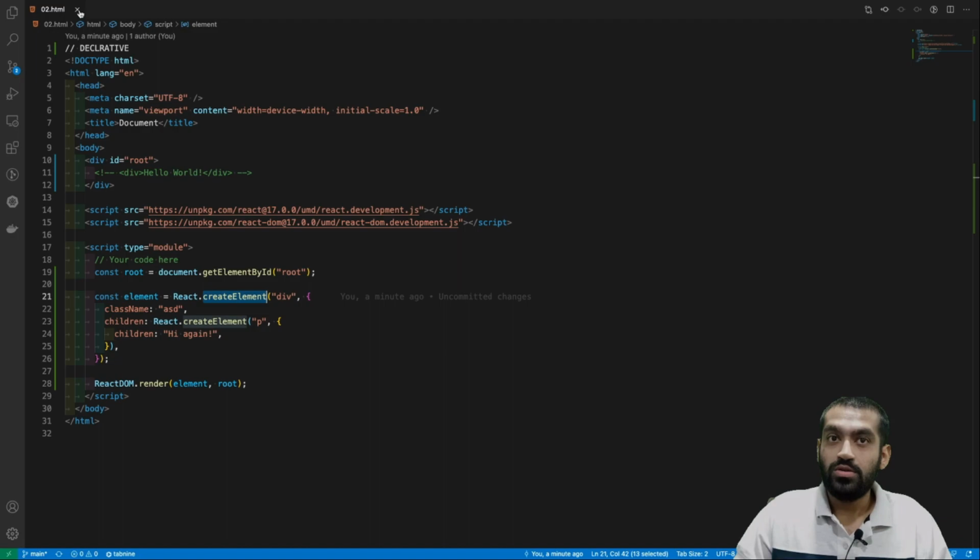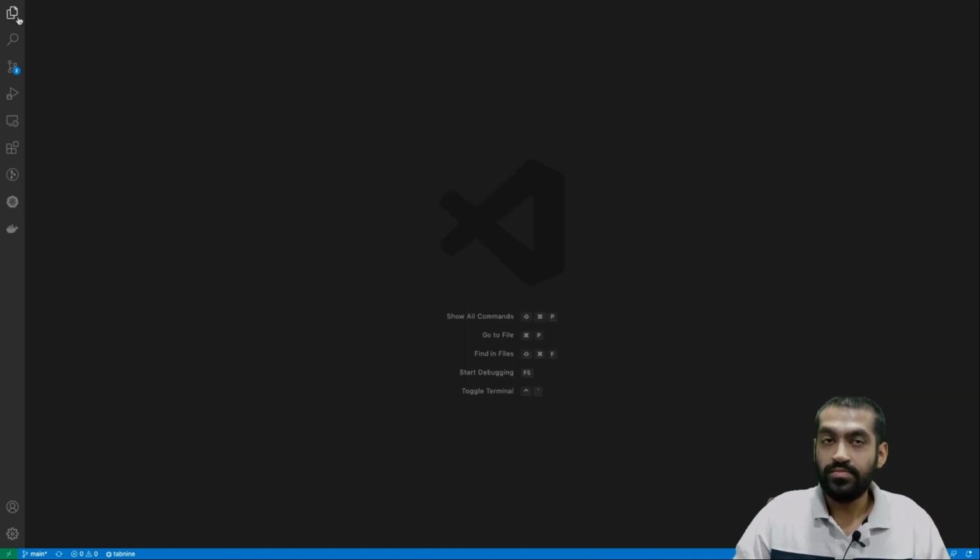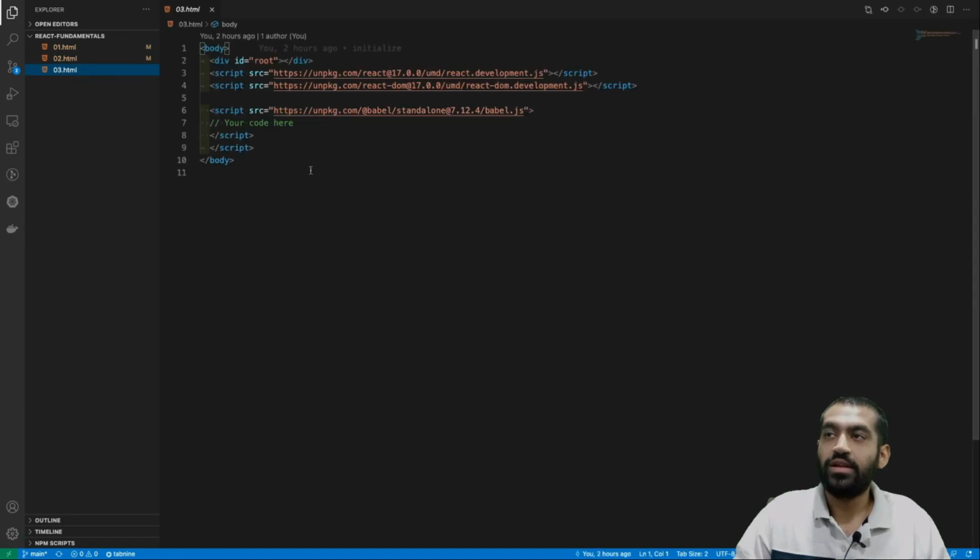In order to have a good experience, what React developers did is they created a plugin. I mean, not React developers exactly, but people who wanted to work with React, they created this plugin called Babel. So to work with Babel, let's just click on the third exercise here, right?